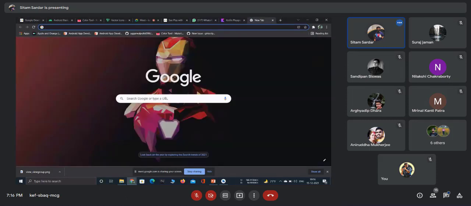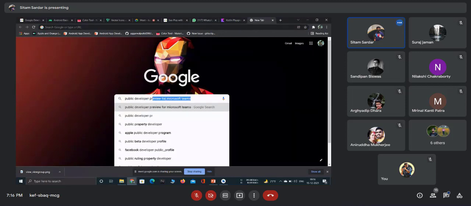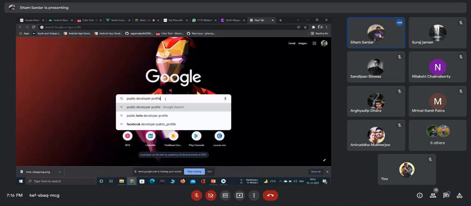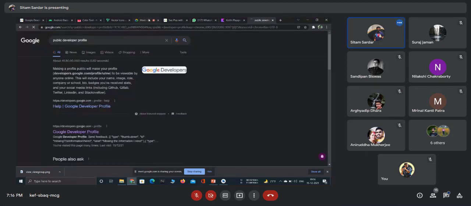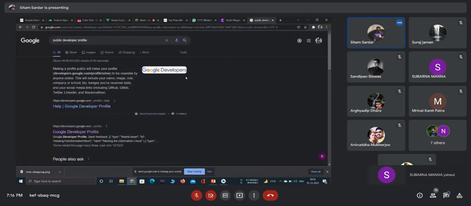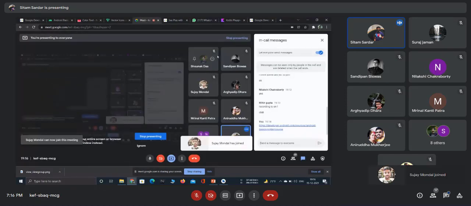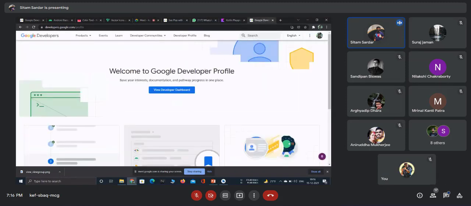Simple: go to Google and search for public developer profile, and in that section you create your own profile.